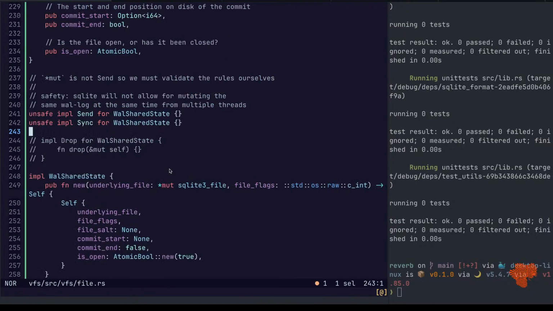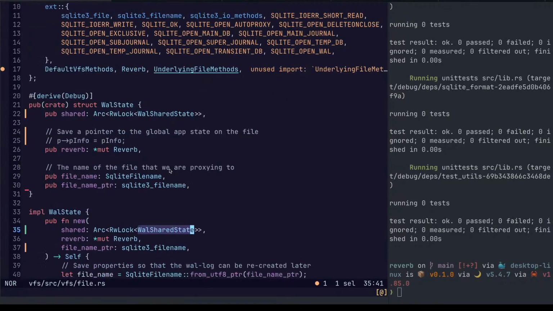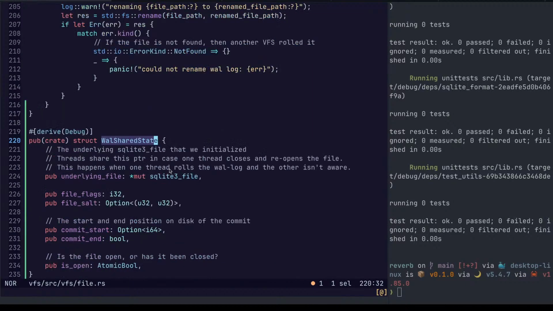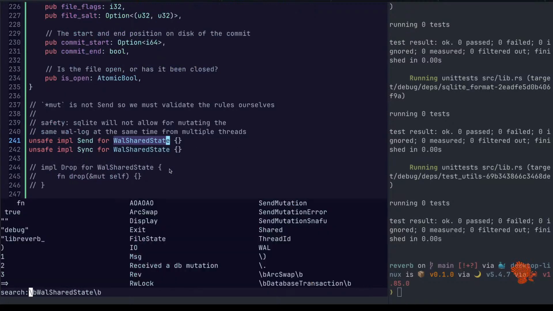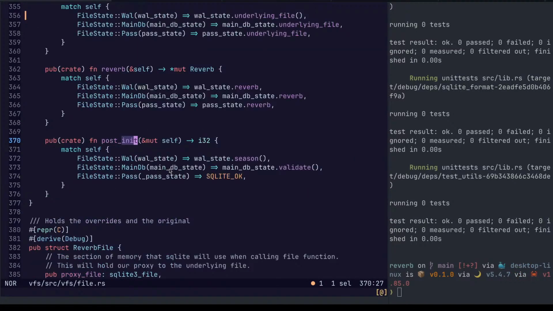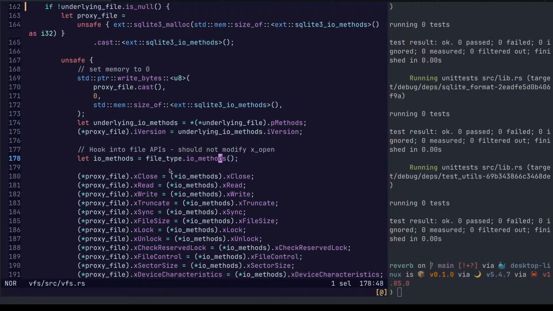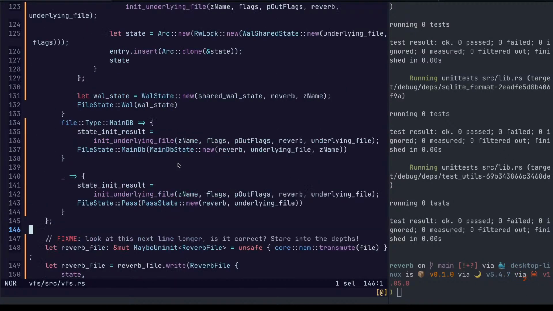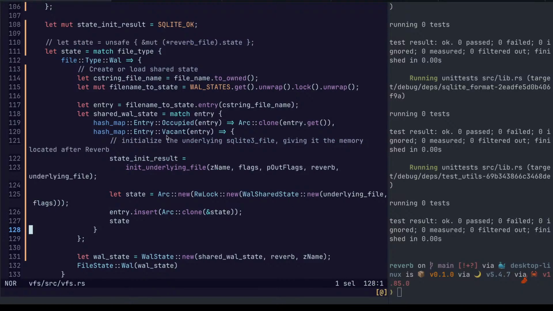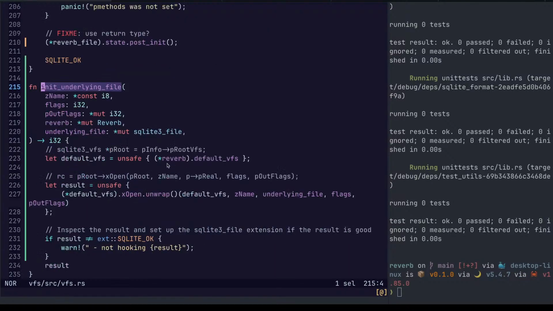No, file. I think it's in init. Post init, no. Oh, here.